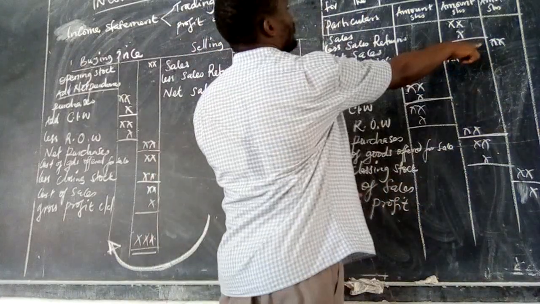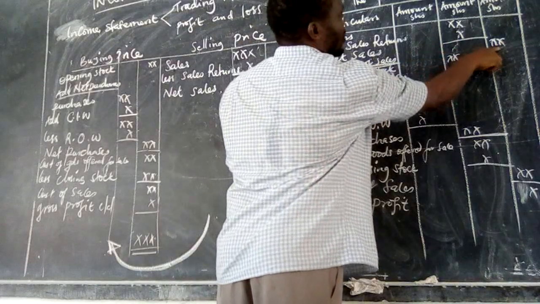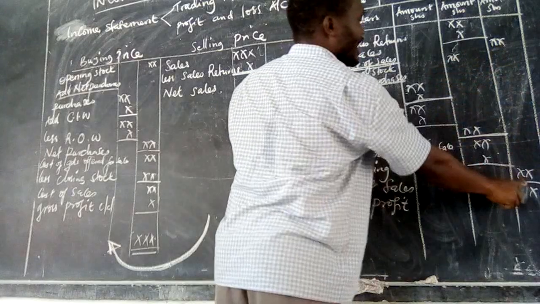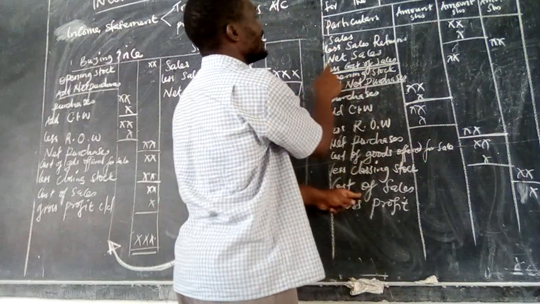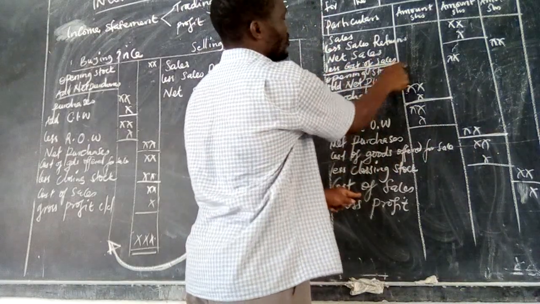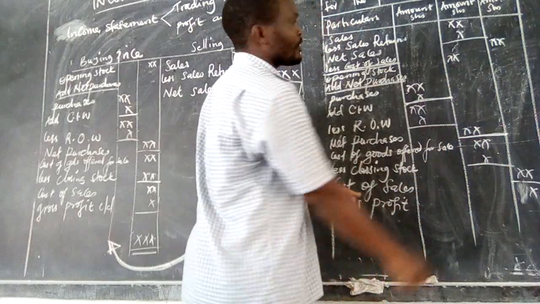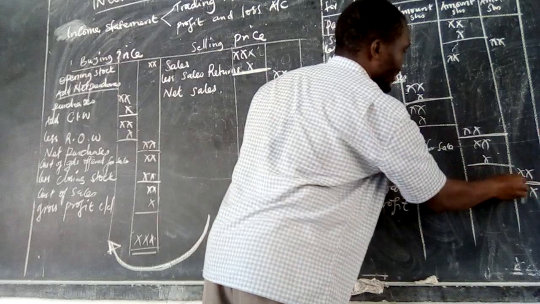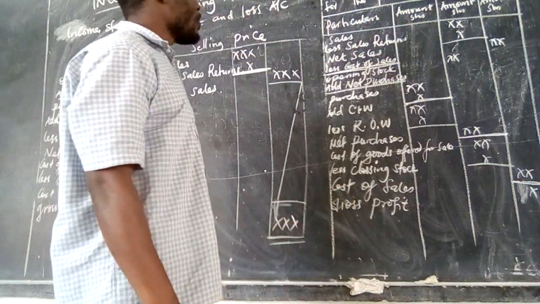So remember previously in our statement we have net sales. This is in the last column. This value is representing net sales, and this one is representing cost of sales. And here we say less net sales, less cost of sales, which means here we are subtracting. You subtract net sales minus cost of sales. The answer that you get there is what we call gross profit.